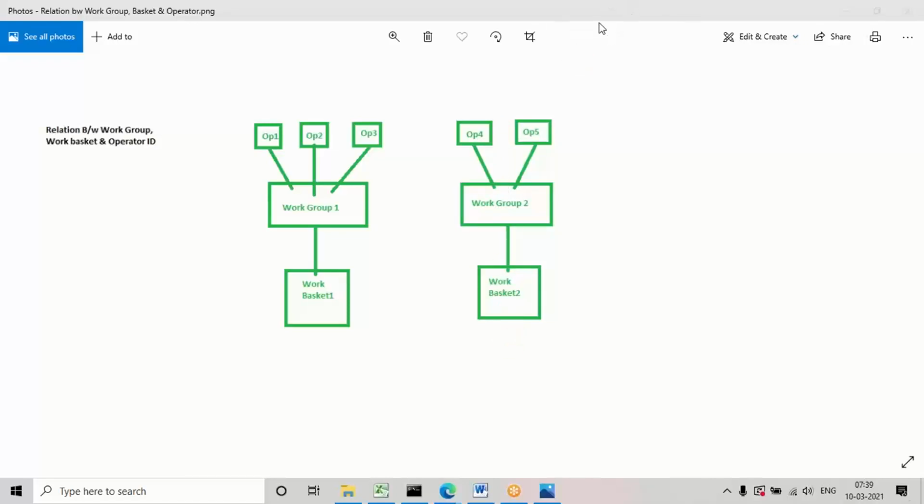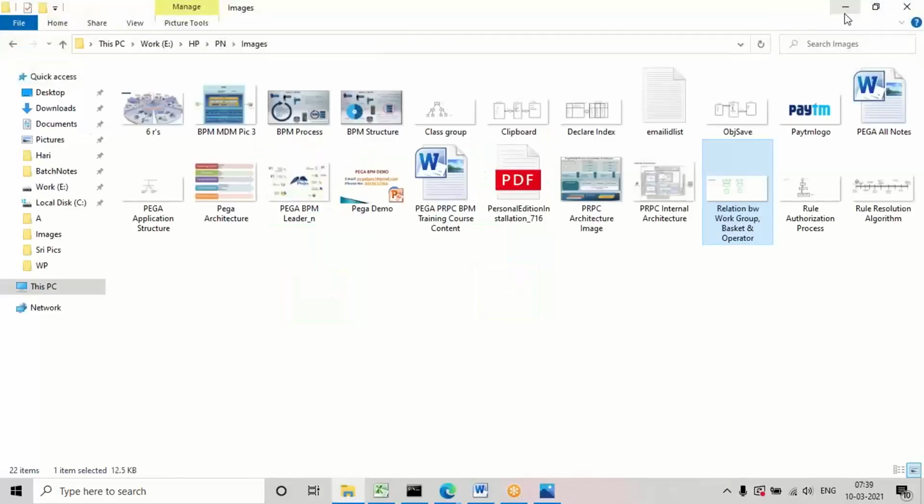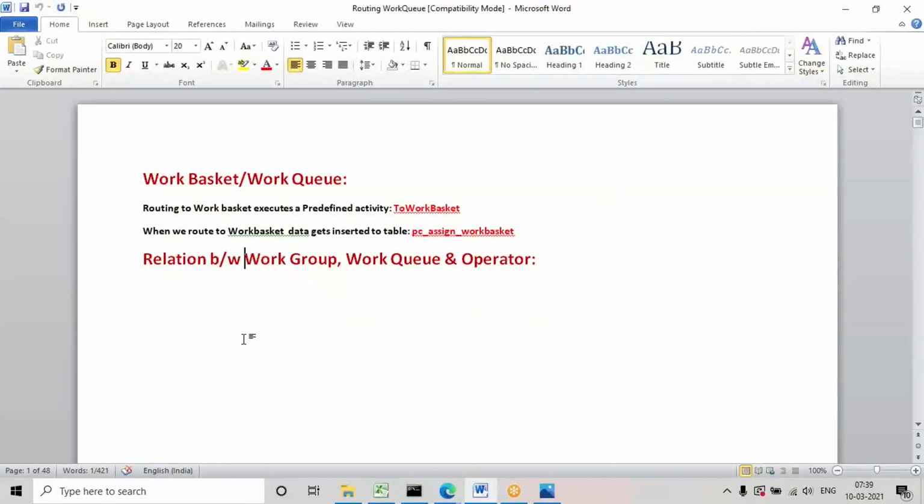Okay? Simple only. See, mostly we'll be using the save as option, guys. In my application, operators are already there. I'm going to use the previous IDs, which are alpha m1 and alpha m2. What I'm going to create newly are one work group and one work queue. Both these things you can create from the organization category. Otherwise, Pega already contains one default work group and default work queue. The easy way I'm telling: from the default work group and default work queue, you can use the save as option and just update the name, that's it.